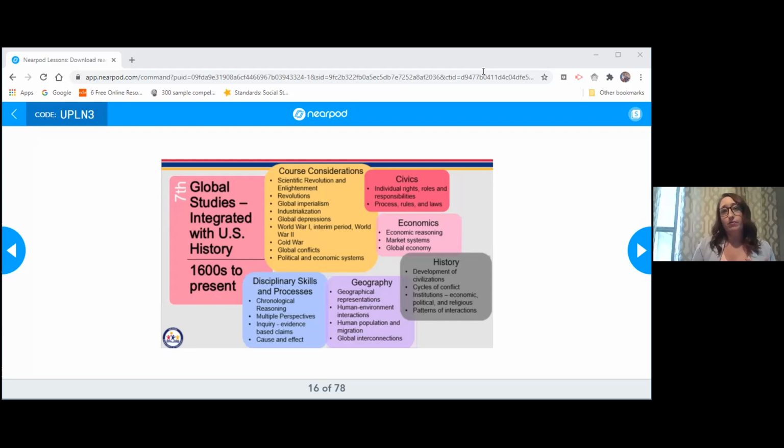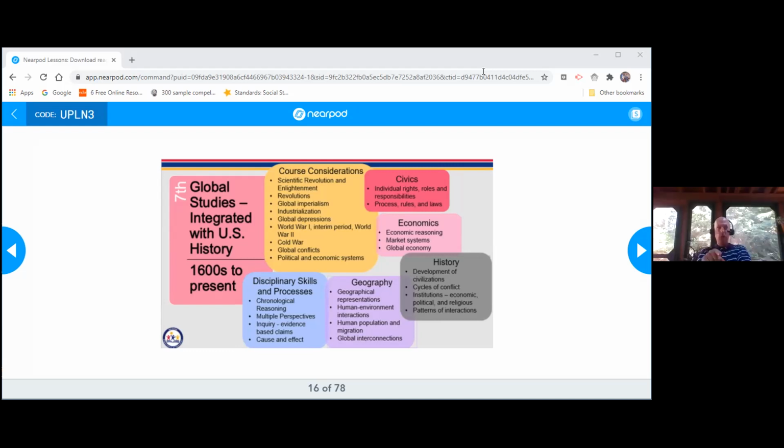But I think what is really important too is trying to get all the way to the present and supporting our students and really understanding how world events affect us now. We are engaging in world events all the time. President Biden meeting with Putin, that is super relevant. So we need to make sure we get all the way to that present piece and manage our time a little bit.